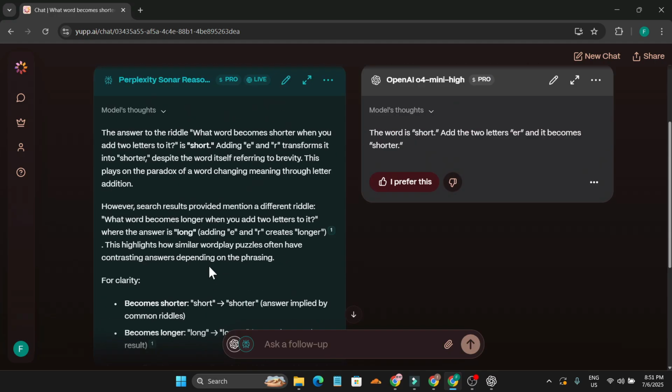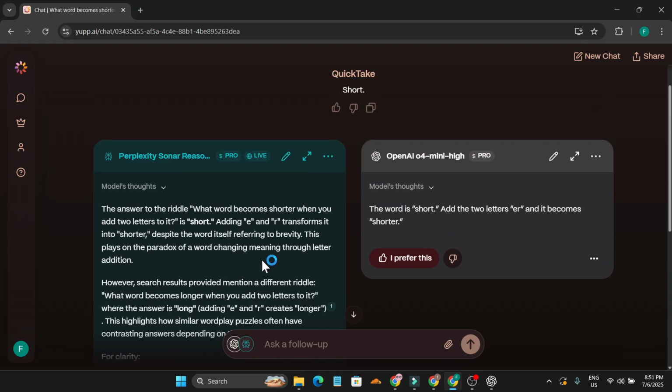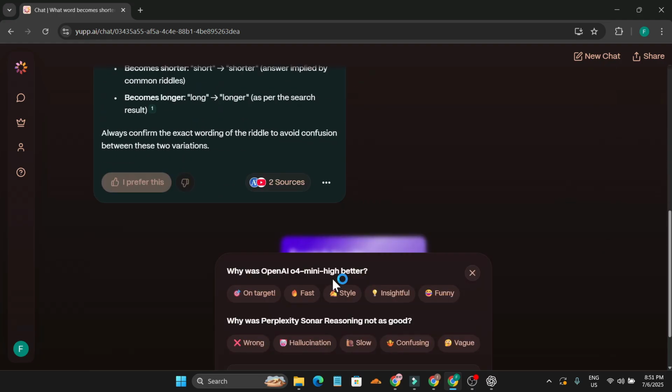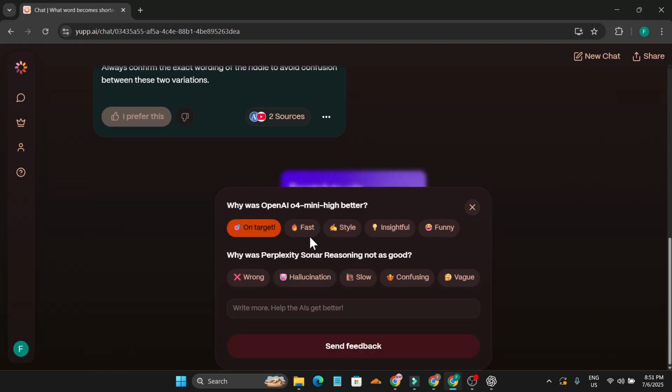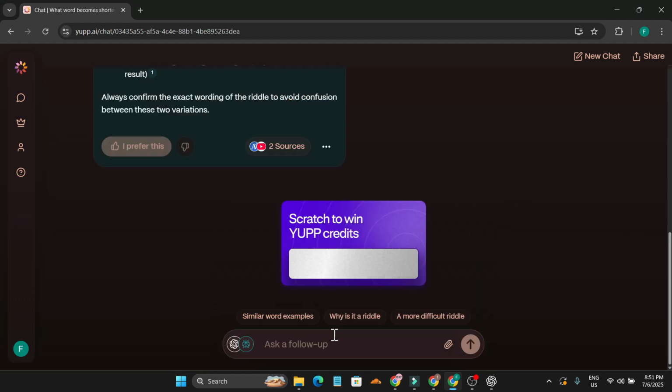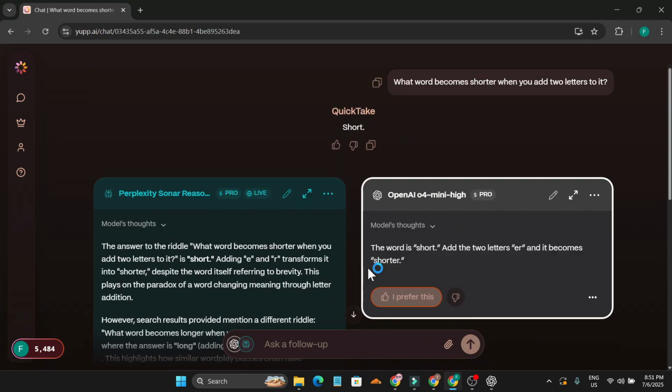Shorter. It's giving me the right answer, but it's too long. I prefer this one. On target, fast and slow. And just click send feedback. It uses 75 credits. Let's see how many credits it gives me. 249. So as you can see, in this way you can use any model that you want on this website